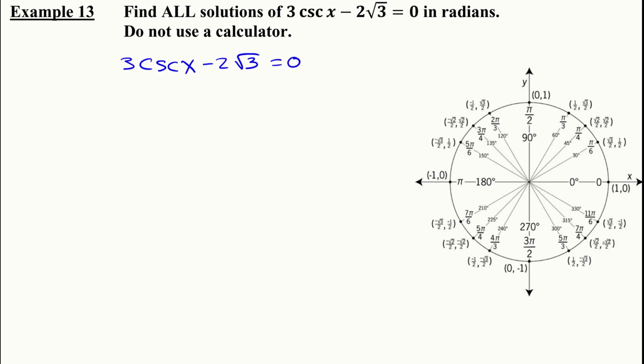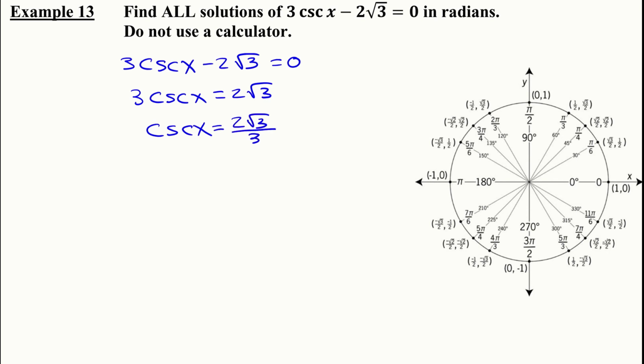So we are going to go ahead and solve for cosecant x. So we get 3 cosecant x equals 2 radical 3,